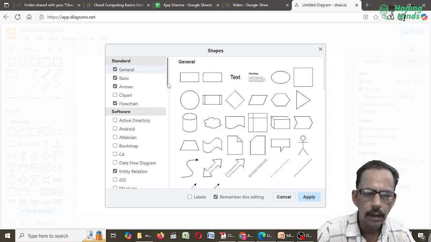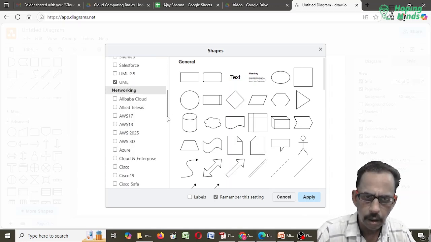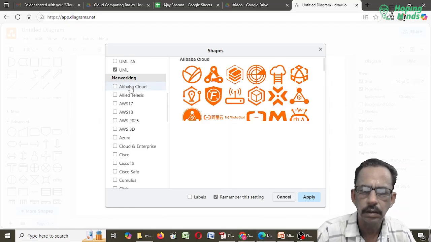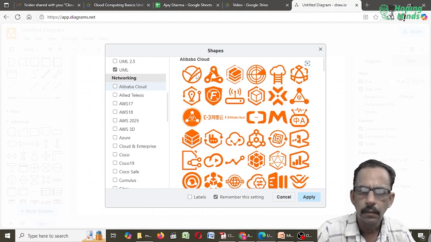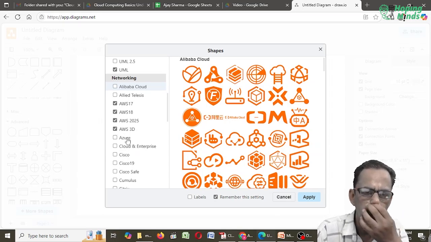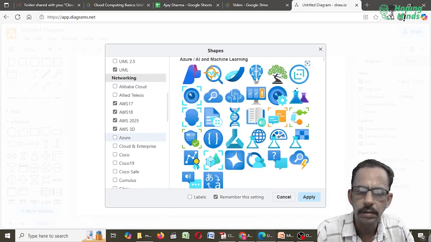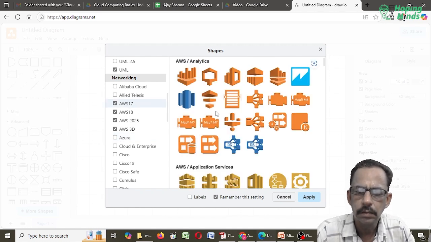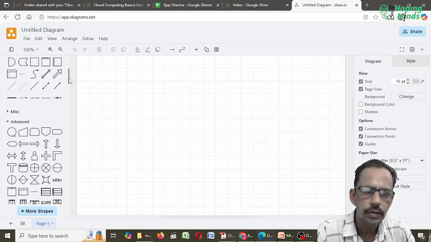Keep it. But when you go down here, Alibaba Cloud has its separate icon, like this icon. But I don't want Alibaba right now. I want AWS 2025, AWS 3D. If you want to work for Azure, Azure has its own icon like this. AWS has its own icon like this. So what I do, apply. Now if you scroll down,